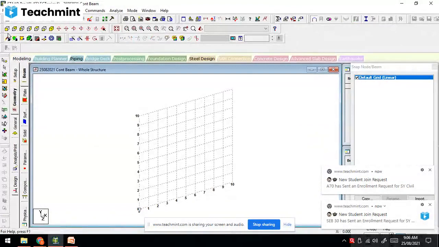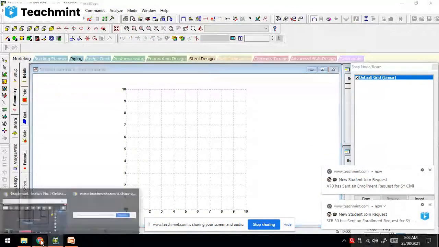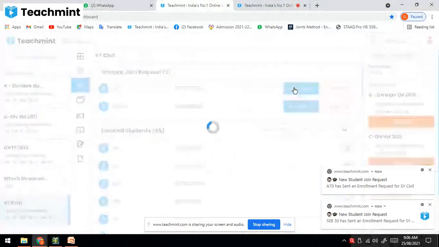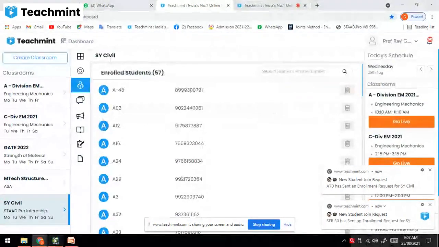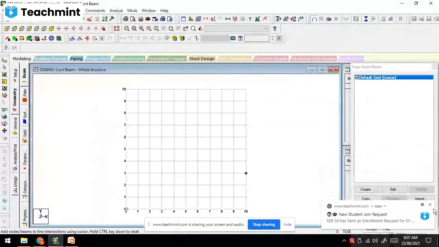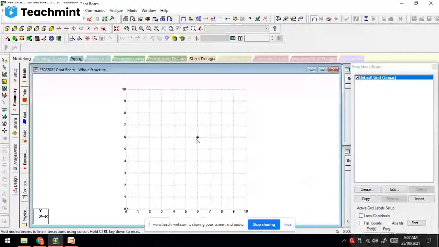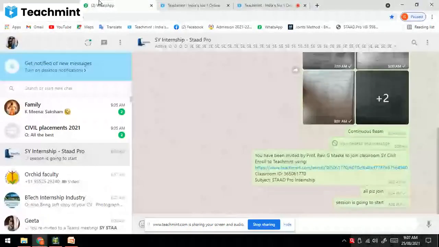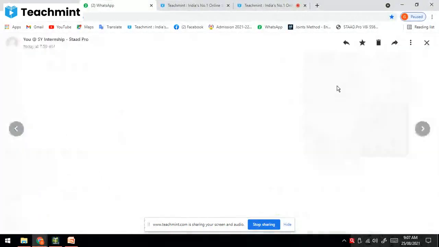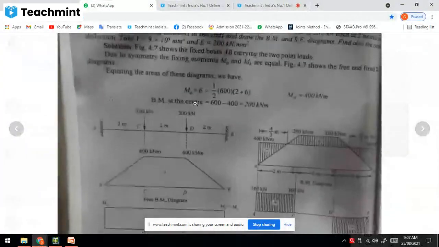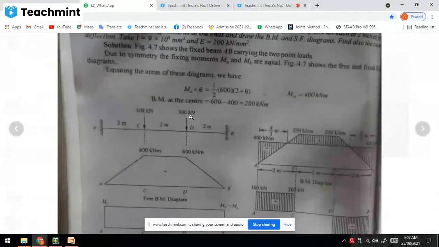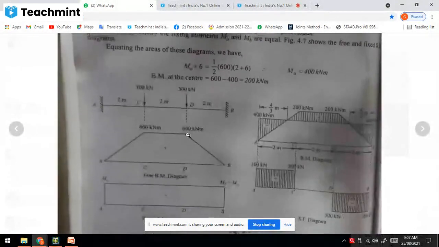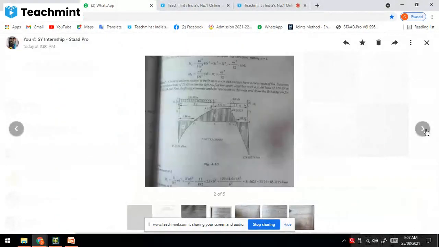Then you will get this window. Right. So what we will take, as I posted on the group, we will take this numerical, that is fixed beam, or if it is taken, then we will proceed.